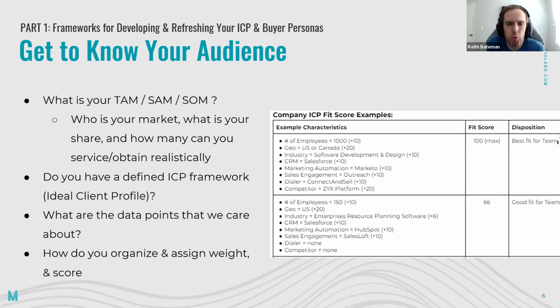So it's really, what is our overall revenue opportunity available to our product if we actually reach 100% market share? If we control the entire market, what's the total overall prospects that we would be in demand for? That could be a big number if you have a wide-reaching product like Sales Intel, which is providing data to B2B companies. Or if you have a very niche product, it could be a small number. But it's good to know that number just to know what are the available prospects that you could reach out to at any given time.